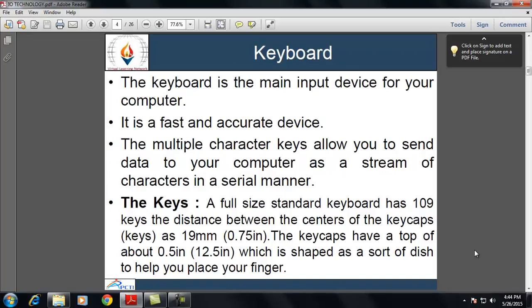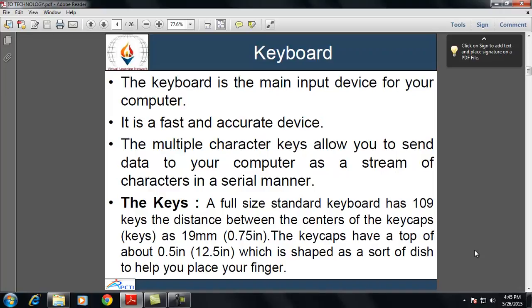Input devices are basically categorized into two categories, that is pointing devices and non-pointing devices. Input devices are basically used to enter data and instructions into the computer. Pointing devices are the devices, or you can say an input interface, that allows a user to input spatial, that is continuous or multi-dimensional data, to a computer. Some of the pointing devices are